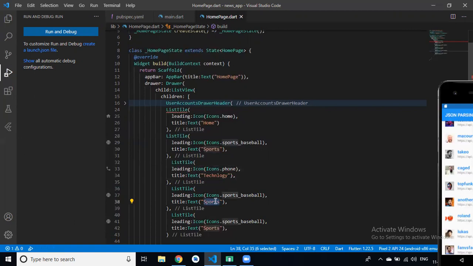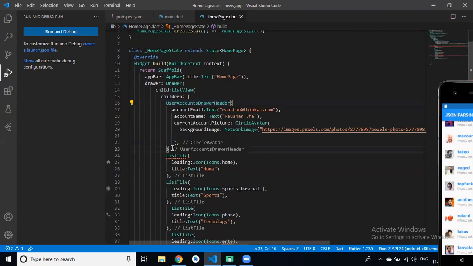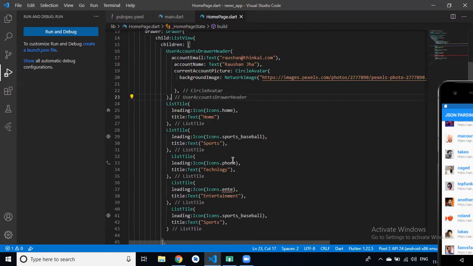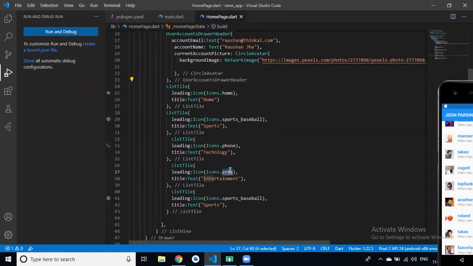Then we have entertainment. Icon name please. Music, Roshan. Yes. Music. Then one more, business.